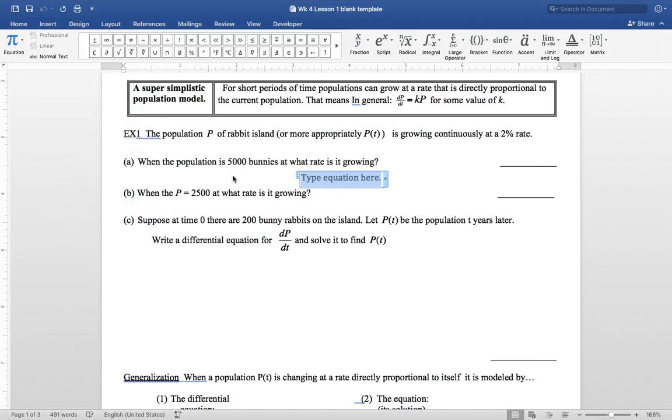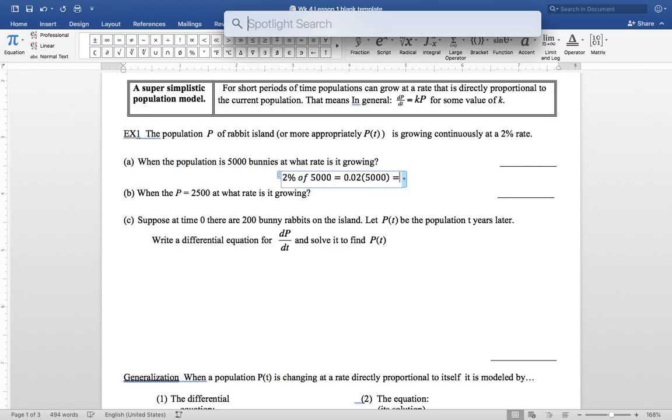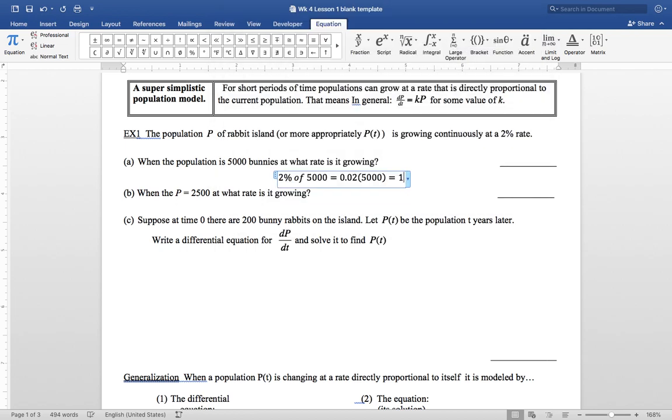So 2% of 5,000 is 0.02 times 5,000, which is, if I pull up my calculator, 100. So that's 100. What that's telling me is that if the current population is 5,000, then you have a rate of growth of